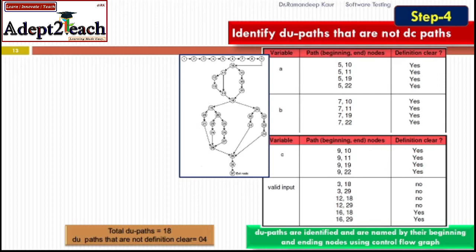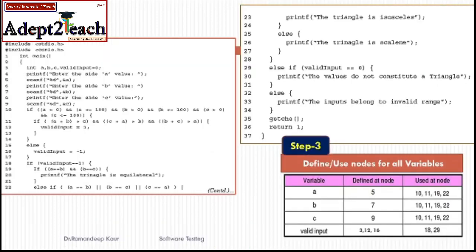So first, how are we going to make this path? If we go back and look at this table, we have to identify the path between node number 5 and node number 10 for variable a, and whether the variable a has been redefined or not.